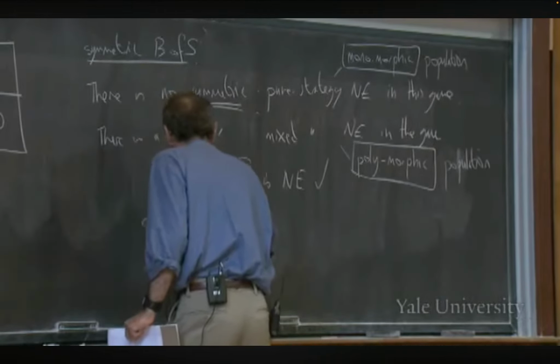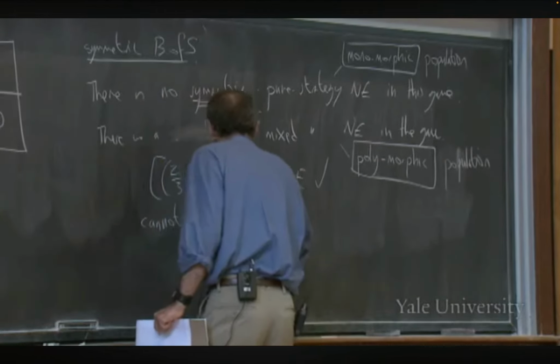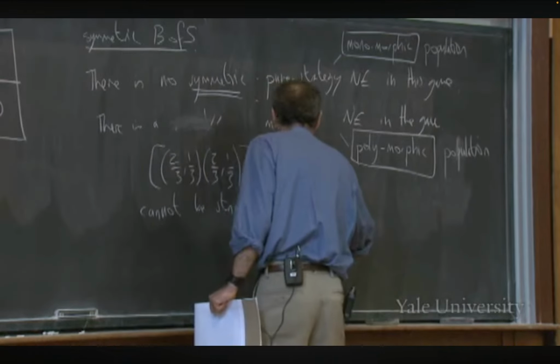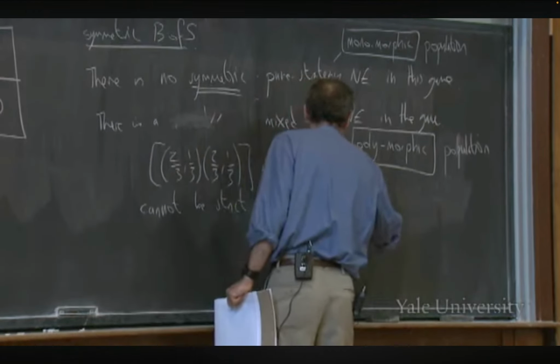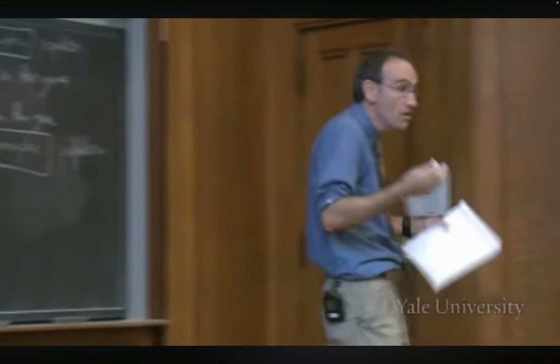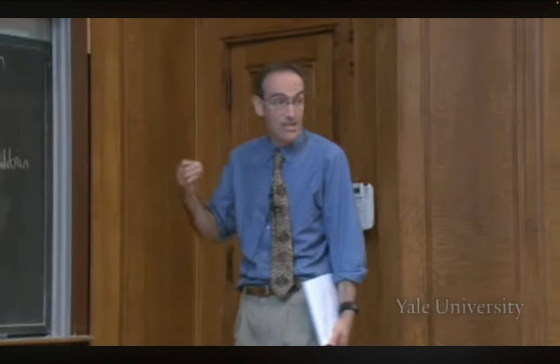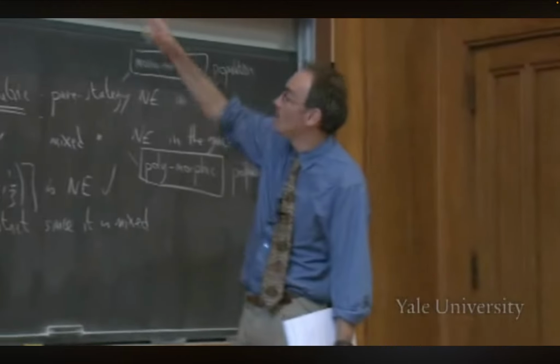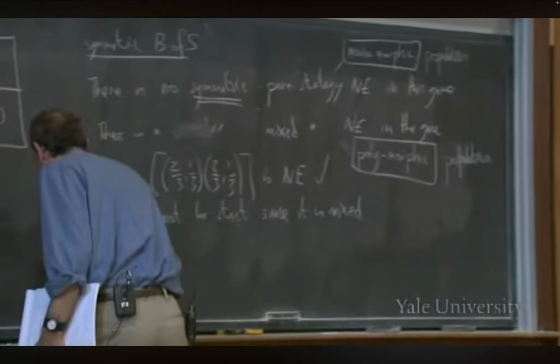It cannot be strict since it is mixed. In a genuinely mixed Nash equilibrium, by definition, you're indifferent between the strategies in the mix. So to show that this is in fact evolutionarily stable, we'd have to show rule B. So we need to check